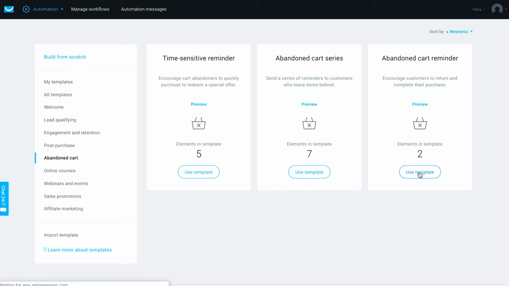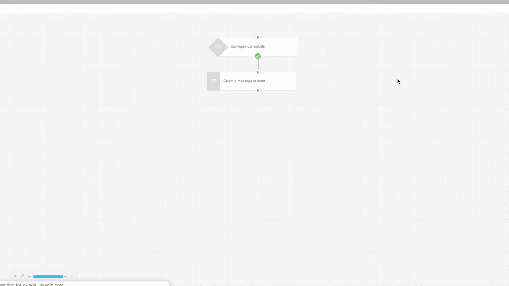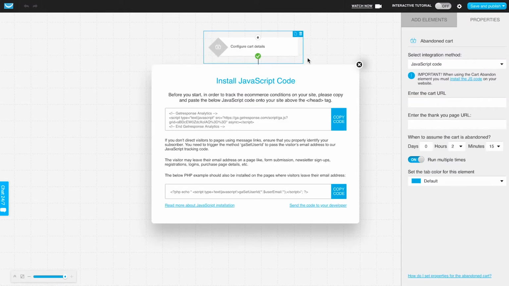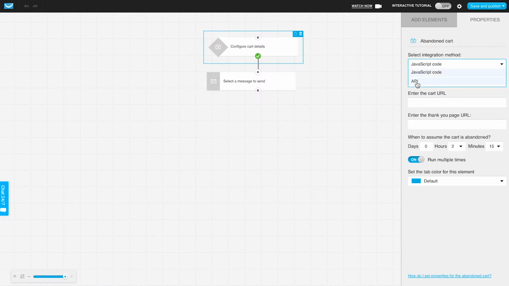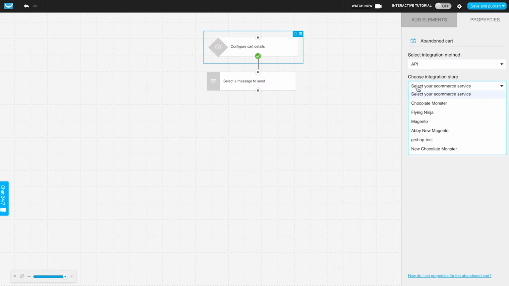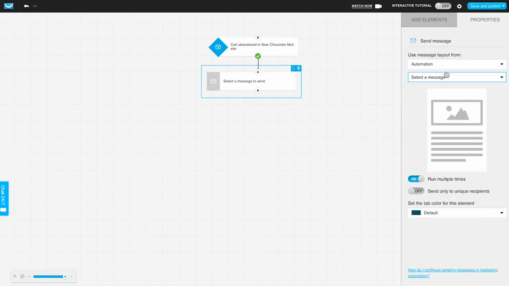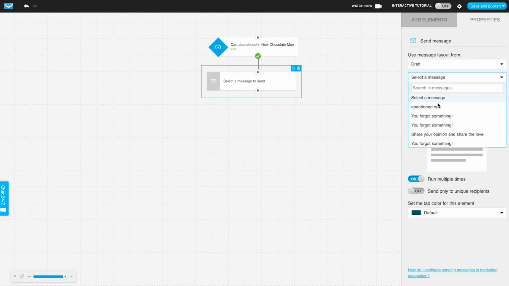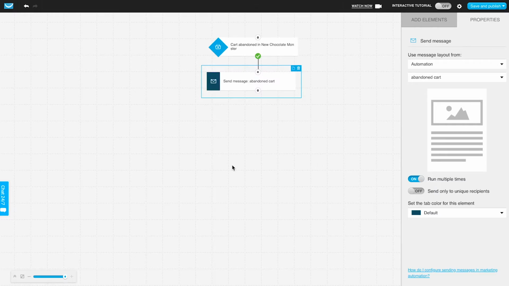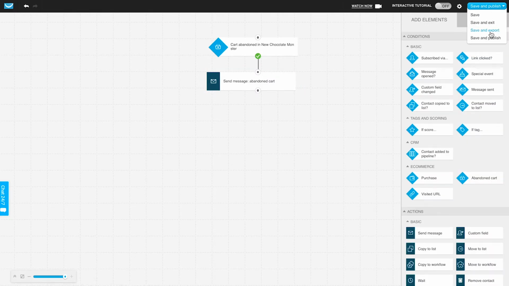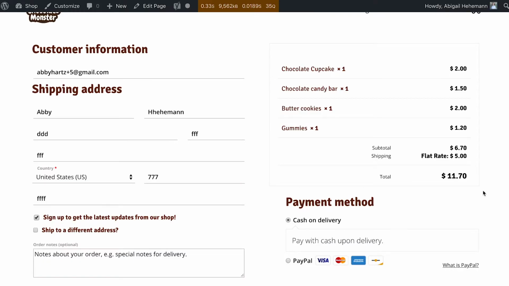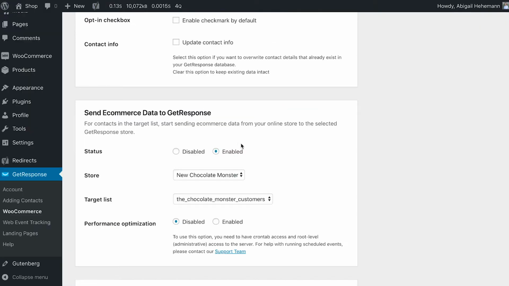So in our abandoned cart reminder, we just need to say for API, then it finds our e-commerce store. So let's say our new Chocolate Monster shop, when they abandon the cart for 2 hours, I want to send this message, this abandoned cart message I just created. So we choose save and publish, and now automatically when someone abandons our cart, because we have our WooCommerce all